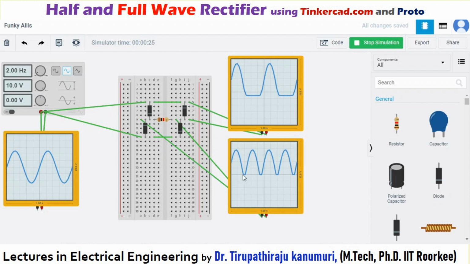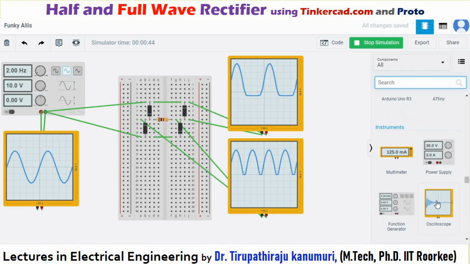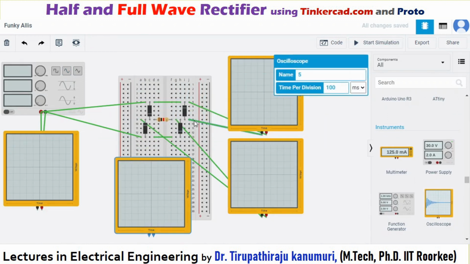So your output voltage will be your input voltage minus that difference in the voltage, which will become 0.7 plus 0.7, 1.5 volts will differentiate, remaining will come across your output. So let us check the same way across some other thing. For that I am taking one more oscilloscope. This one more oscilloscope I have connected here. So let us see across the another diode. That means the second diode will measure.